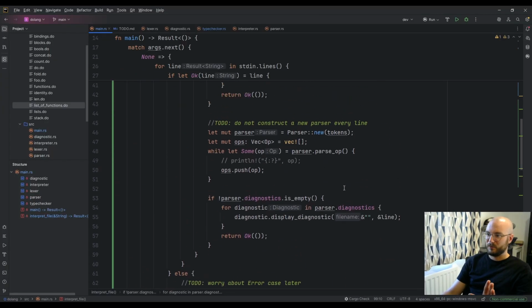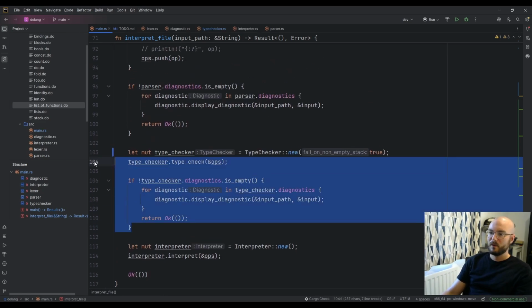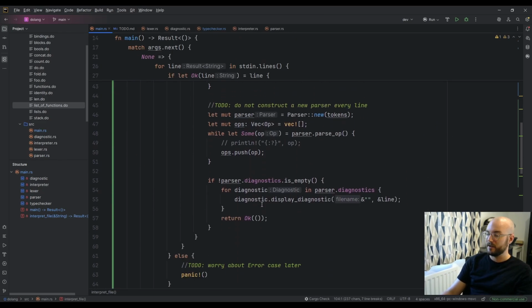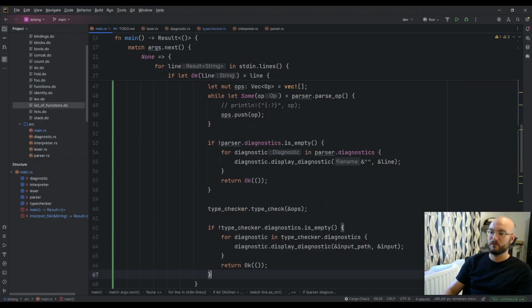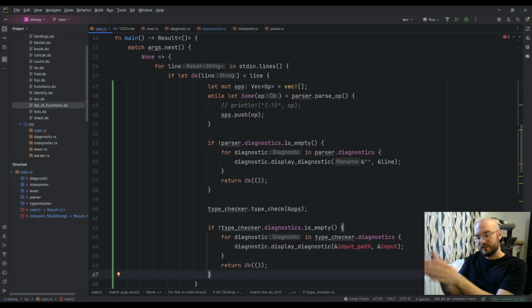And so we have a type checker, but we're not using it yet. So we type check it. And so type checking doesn't actually return anything. It just runs through our ops. So we don't do anything like binding. We might need to in the future, but for now we don't. So normally when you have a compiler, at least when I write compilers, I've never actually worked on a proper compiler. I've never actually contributed or gone through the Rust compiler or any open source compilers or anything. But when I make a compiler, the stages are normally lexing, parsing, and then type checking.